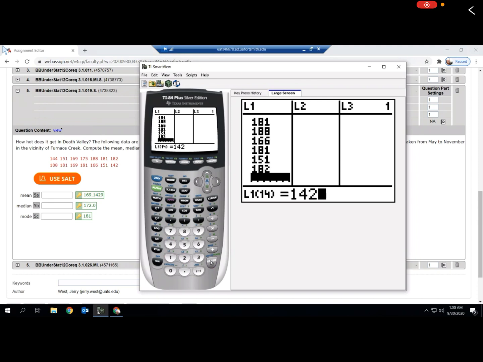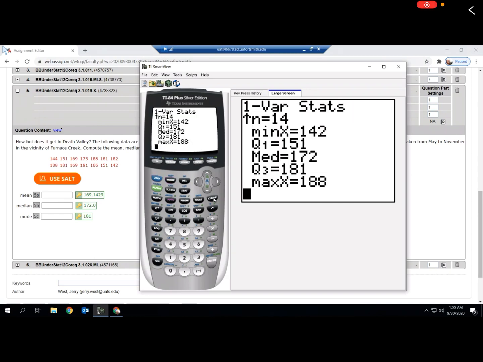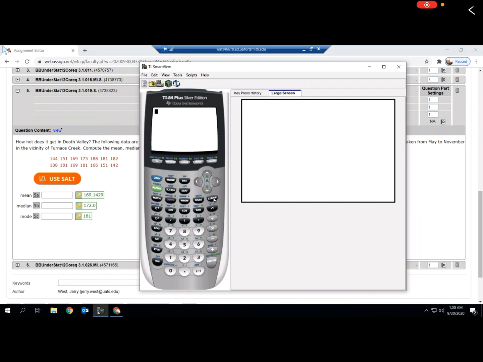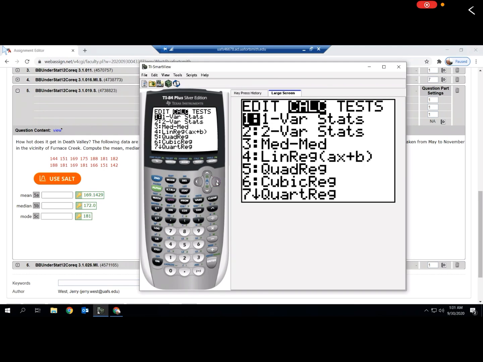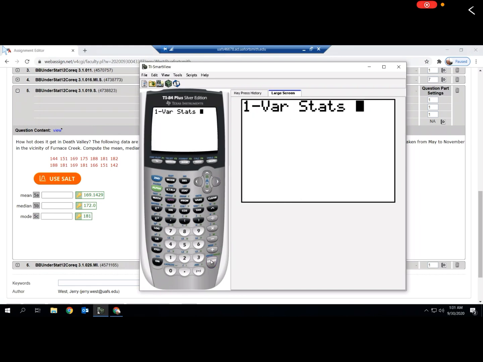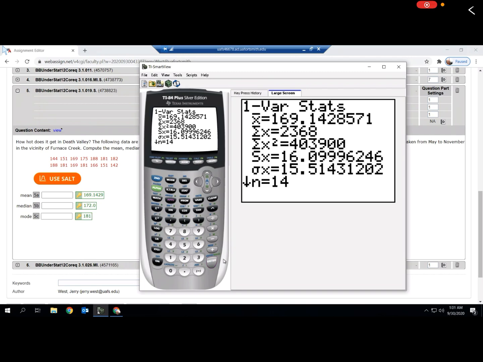And finally, we've got the last entry. Once your data is entered, second mode, that'll take you back out to the original calculation screen. If you want to clear out anything that's on your screen, feel free to do so. Stat, this time, right arrow to the Calculate tab, one variable statistics, enter to bring it up, enter to actually